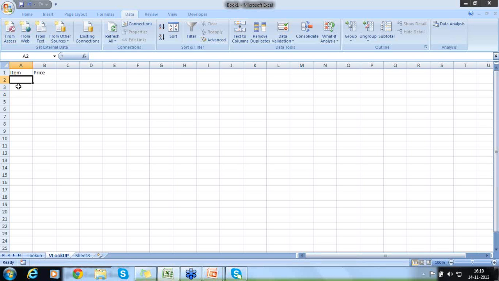Right? I'll put here now some items: item A, item B, item C. Price is 10, 20, 100. This is the price of the item. Please note it is already sorted. The items are sorted. Now I'll assume that this is my invoice, right? Invoice, this is my sale item,